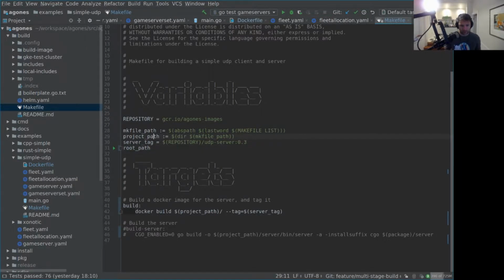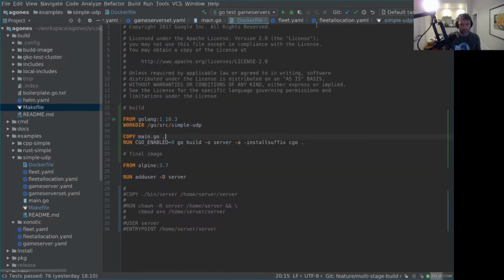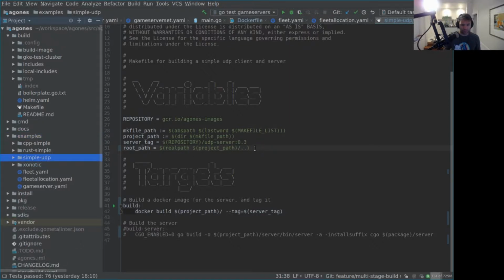And that is basically, I've done this before. Come in here for a sec. Here we go, real path. Thank you. Makefiles for the win. All right, root path equals real path, which is the project path. So that's going to take us up to examples, and then I want to go up one from there. Cool. All right. So cd $root path and docker build